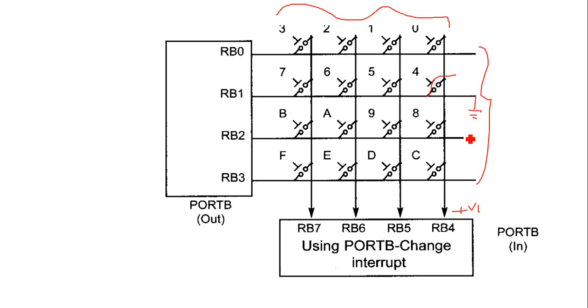For detecting a pressed key, the microcontroller grounds all the rows by providing 0 to that output and reads the columns. Data is read from RB4 to RB7. If no key is pressed, it reads 1. If one of the columns has a 0, that means ground is connected, so that particular key has been pressed.